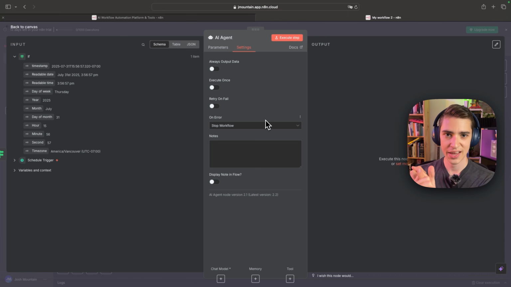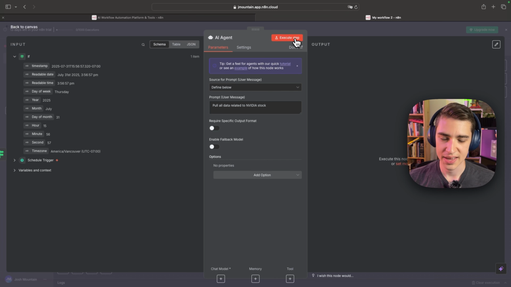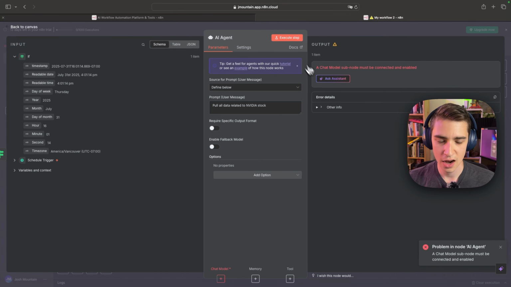an AI agent. You ask the AI agent to do something, it does it. What happens if that AI agent isn't available? Do you have a backup? What happens to the rest of your flow and the rest of your steps if that isn't available or it fails? Do you have backups for those? It's all about making sure that you can have a consistent AI automation that works even in the event of failures. So in our case here, we're going to simply hit the execute step button, and there we can see